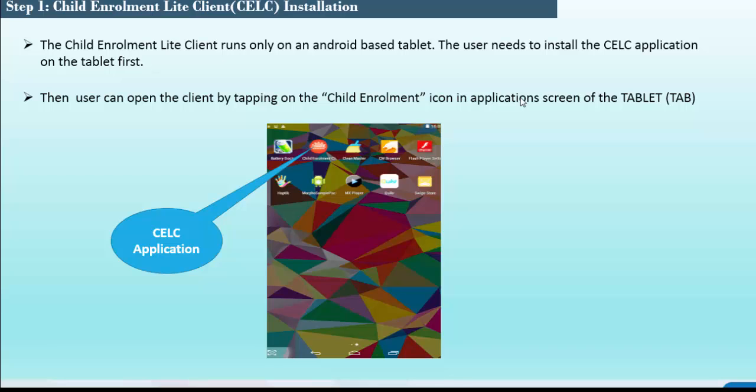Once you install this application, you can see the logo of the child enrollment light client on the tablet desktop screen. I have given the images also. If you click that child enrollment light client logo, this client will start to run.